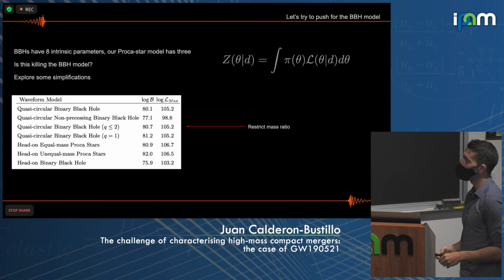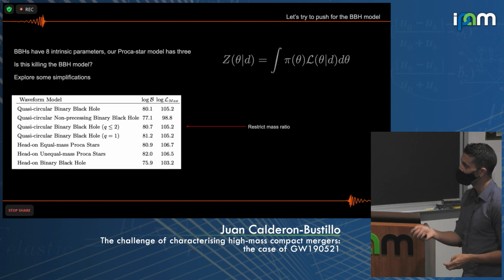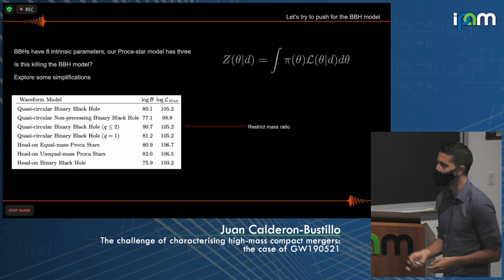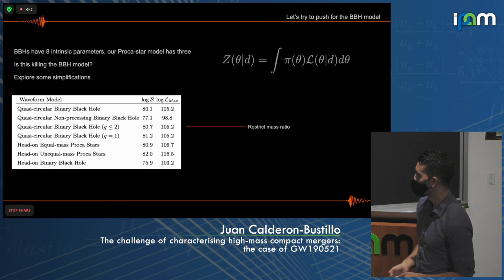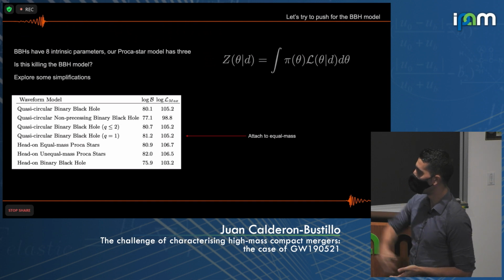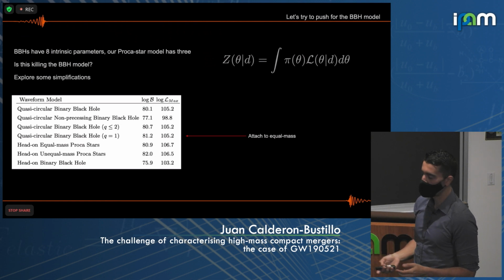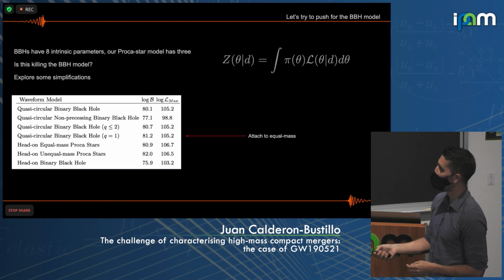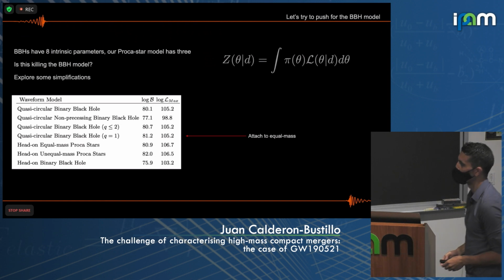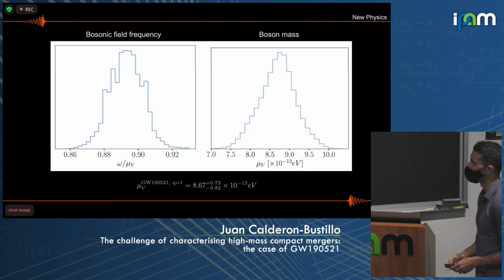You can say, well, if I look at the posterior for the mass ratio, I see that high mass ratios are actually discarded by the LIGO-Virgo analysis. So let's restrict to lower than 2. Let's not explore those apparently useless portions of the parameter space. And then your evidence goes up. So nice. What happens if I restrict to mass ratio 1, which is actually the most preferred value for the LIGO-Virgo posteriors? And it's actually the mass ratio we're using for our model. And you raise this Bayes factor quite a lot, but you still cannot beat one of our Proca star models. So best case scenario, the two models, black holes and Proca stars, are equally preferred.